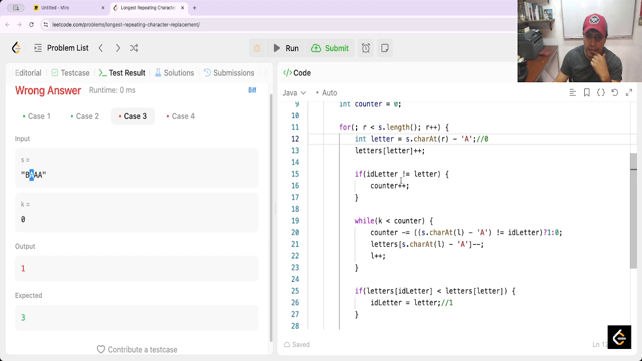ID letter, it's different. ID letter means the letter with the greater frequency in the array. In this case it is B, because it's the only one, and now it's B. It's different to A. Yeah, counter plus plus, and in this case counter is greater than 0. We need to reduce the first, and counter less equal. And here I need to remove all the elements that are distinct